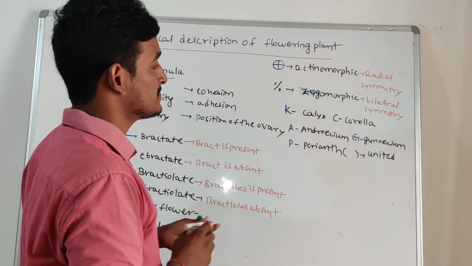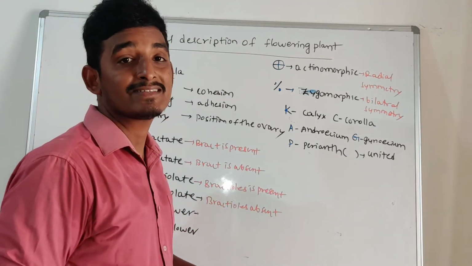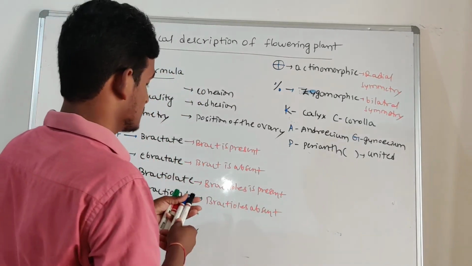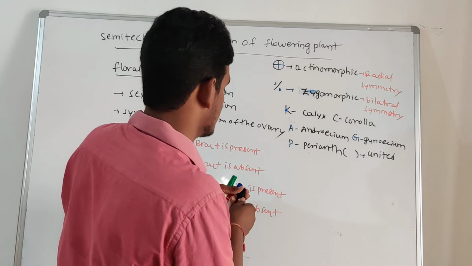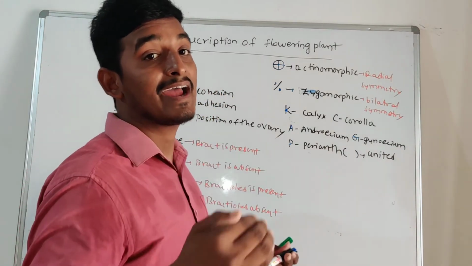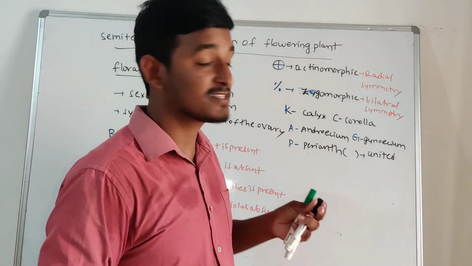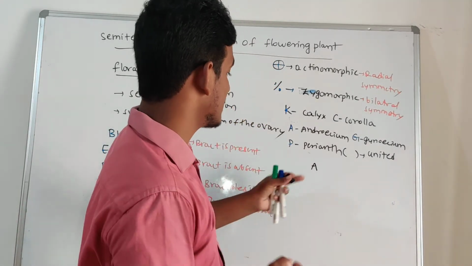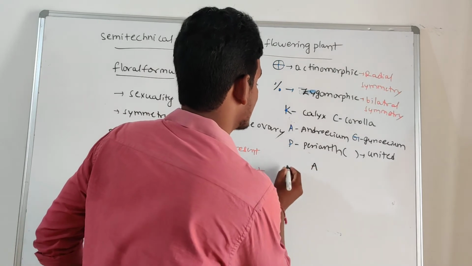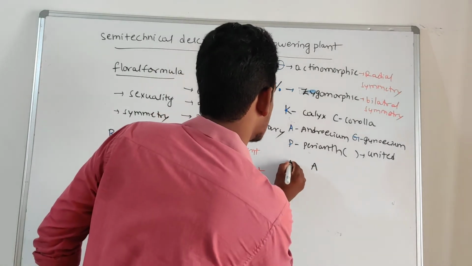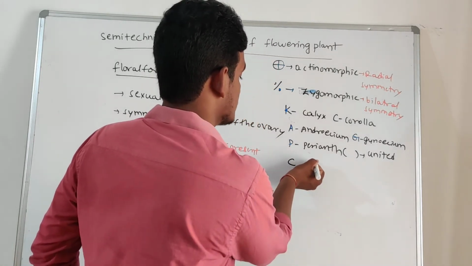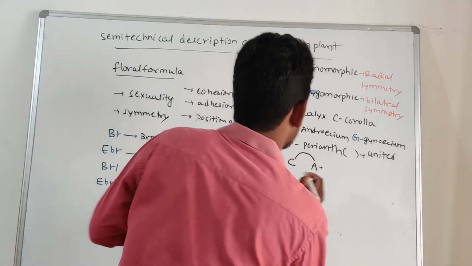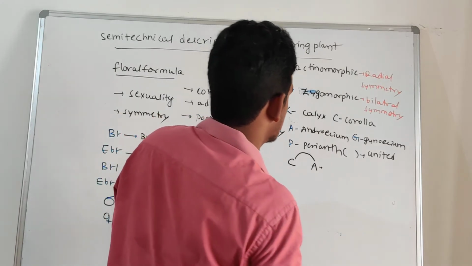So later about epipetalous, epiphyllous and gynandrous conditions. Epipetalous means what? The stamens are attached to the petals. Stamens we represent with the androecium, right? So those are attached to what? Petals. Group of petals we call as corolla. The stamens are attached to the petals. So this type of condition we call as epipetalous condition.